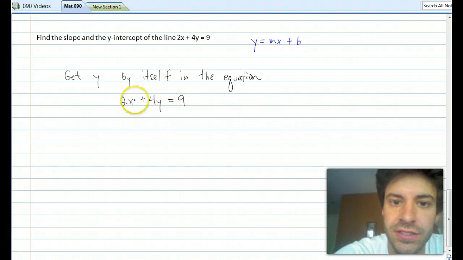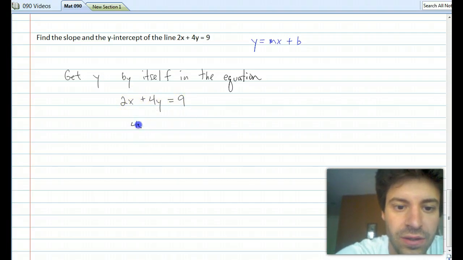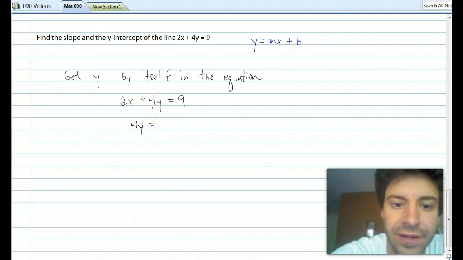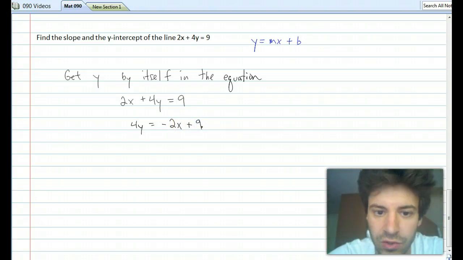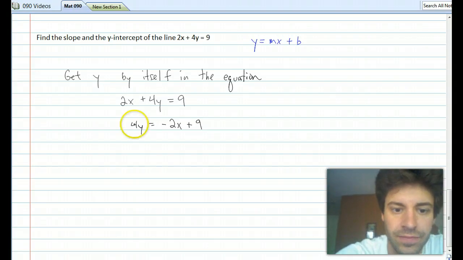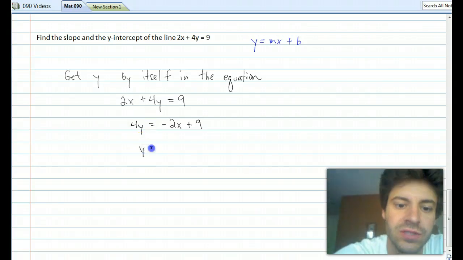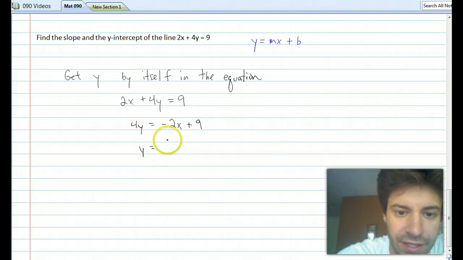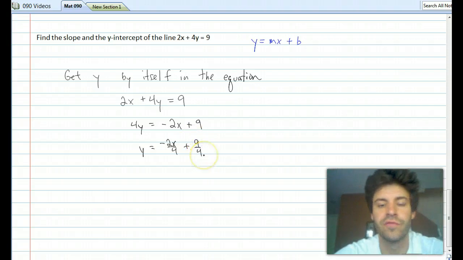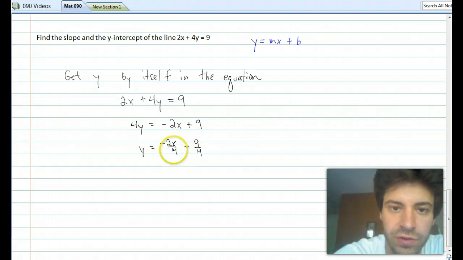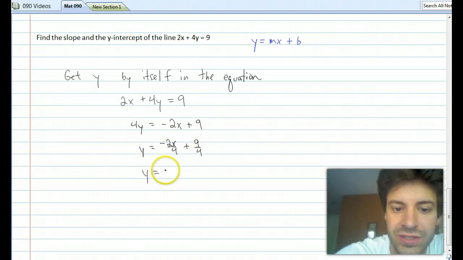We subtract 2x from both sides of this equation. And on the left, we're left with 4y. And it's most convenient to write this as -2x + 9 on the right-hand side of the equation. You'll see why I wrote it in that order in a minute. But to get y by itself, now we have 4y, so we divide both sides of the equation by 4. And we have -2x divided by 4 plus 9 over 4. We can simplify this fraction. -2 over 4 is just -1/2 x plus